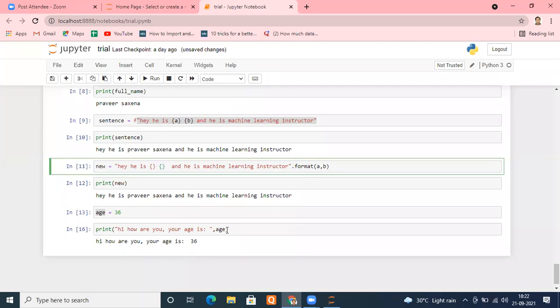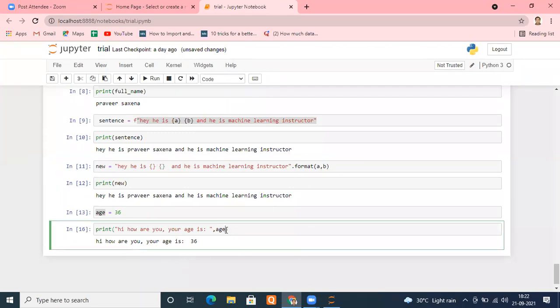For example, in the same statement, what I could have done is: your age is, colon, I put curly braces. Fine. I closed it, right? Close this and mention dot format. And what do I want to put in these curly braces? Age is a variable. Age. That's it. My work will be done for sure. Is it fine?